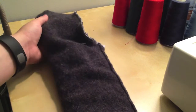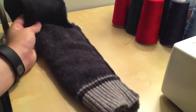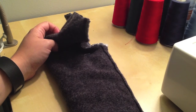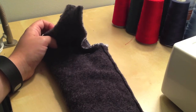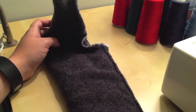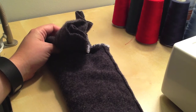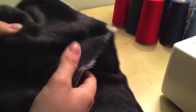So we have this all serged up, and that's basically the main seam that you need to sew. Now there's a couple of different options of how to do the waistband. What I'm going to do is fold it over, make an elastic ring or loop, and then fold the fabric over it and just sew down with my sewing machine. So what I'm going to do here is undo what we just did. So take this inside leg out,